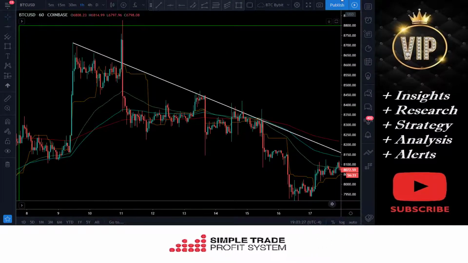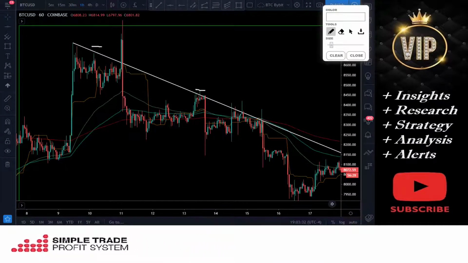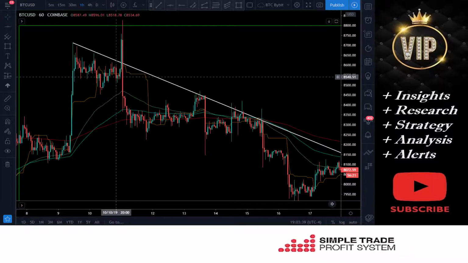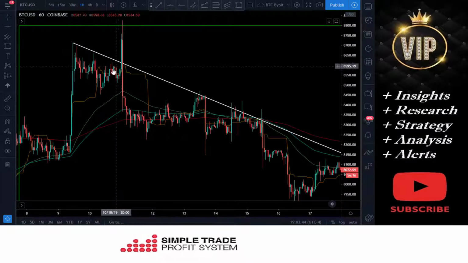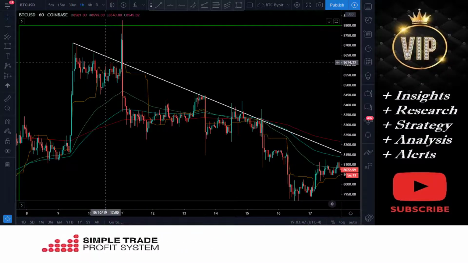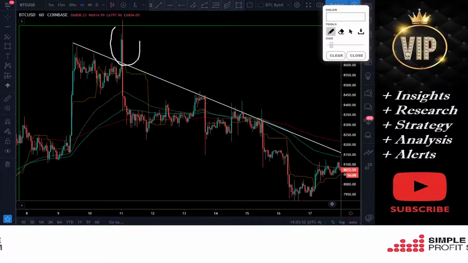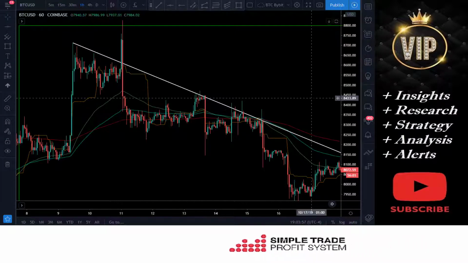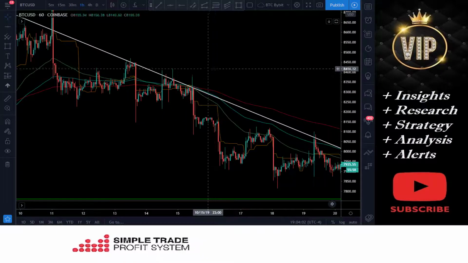So if you're setting your stop loss right above this resistance, you just continually keep getting stopped out by these wicks coming up. This one was actually a candle that closed, but eventually this resistance was valid and it got rejected. But this is called stop hunting. That's what they do. It's basically the market hunting for people's stop losses. All these are stop hunts. So you want to set your stop loss up a little bit higher,